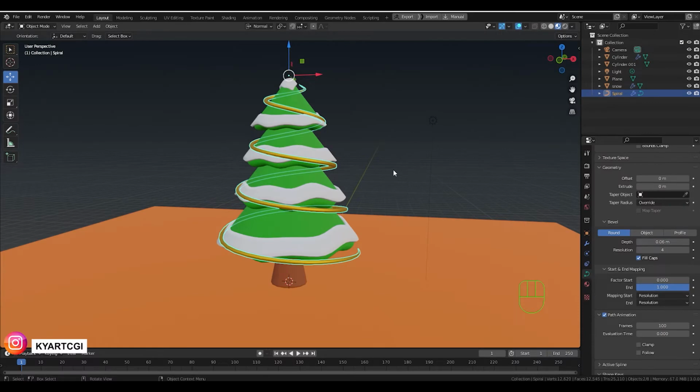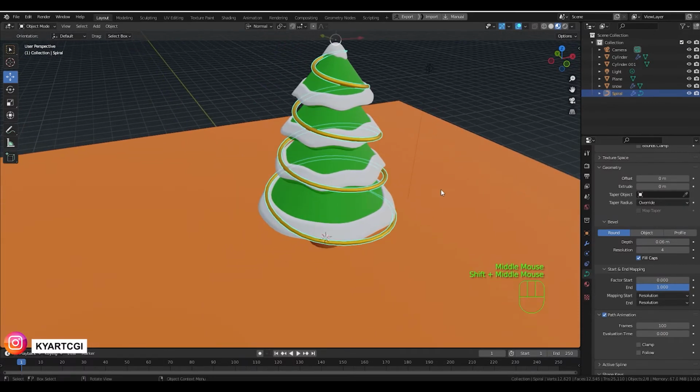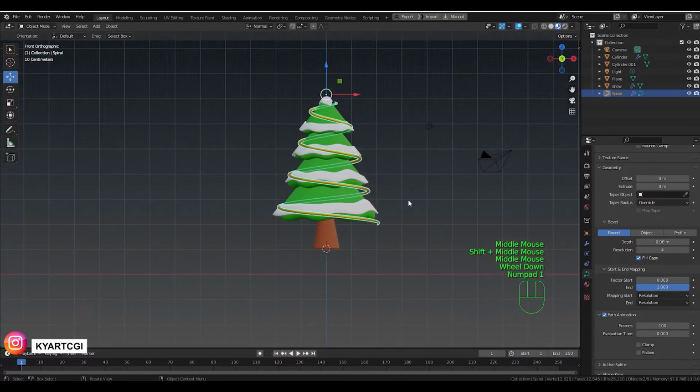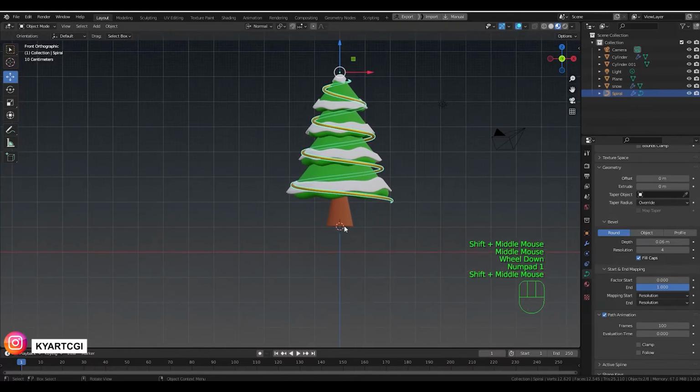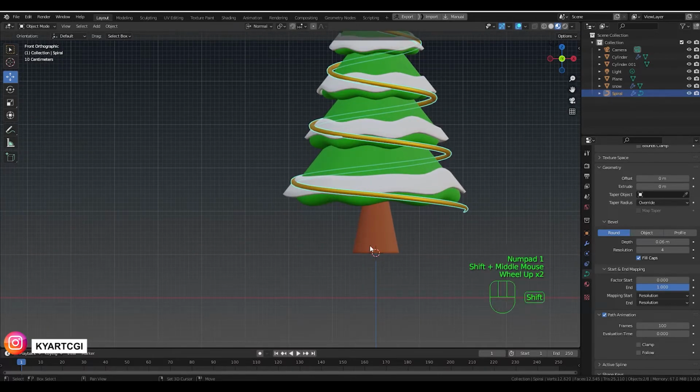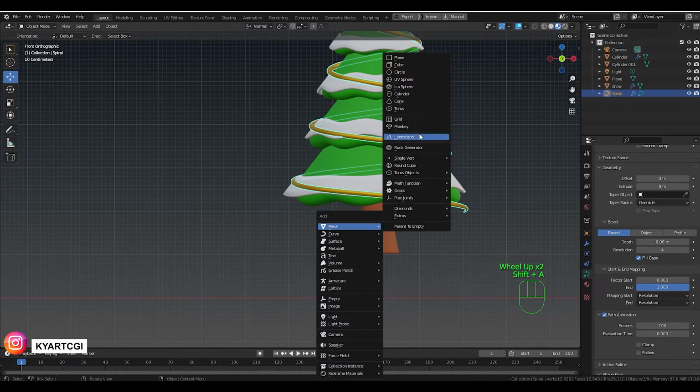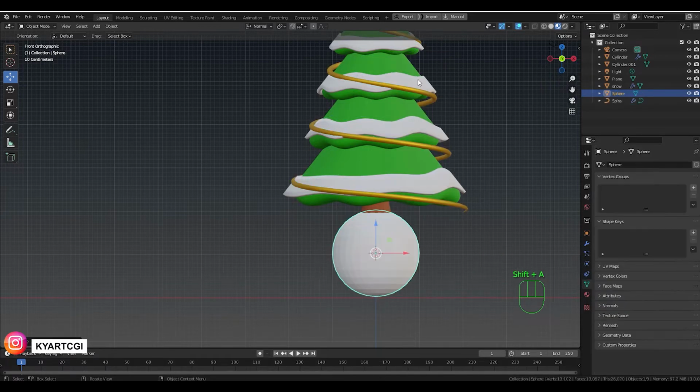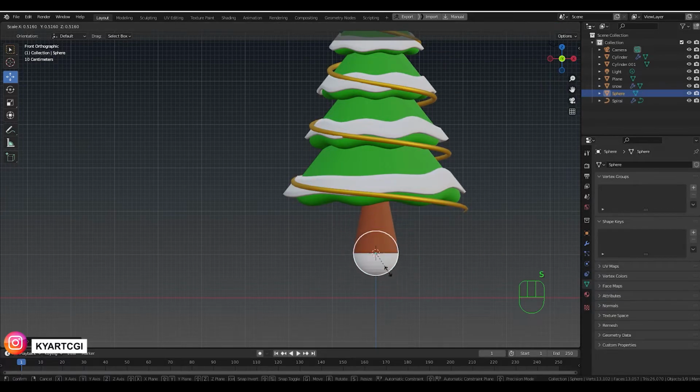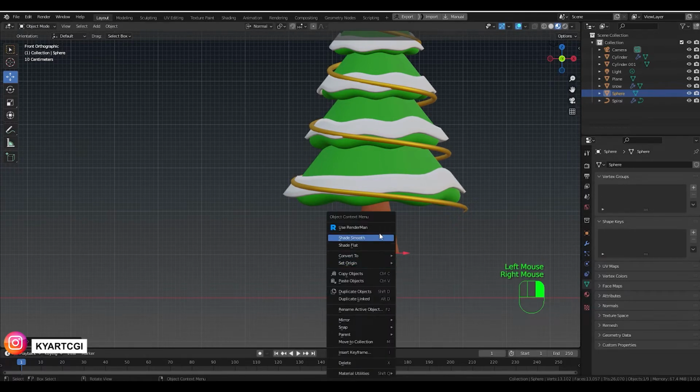Now we are going to create the bulb, the Christmas bulb. It's pretty simple. From view with number 1 in the numpad, then Shift A, mesh, and then we are going to use a UV sphere. Then we're going to scale it down, something like that. Right click, shade smooth,